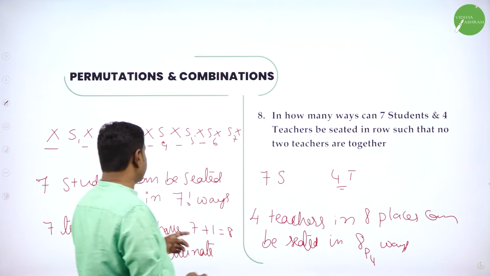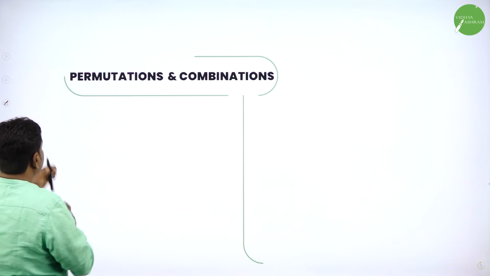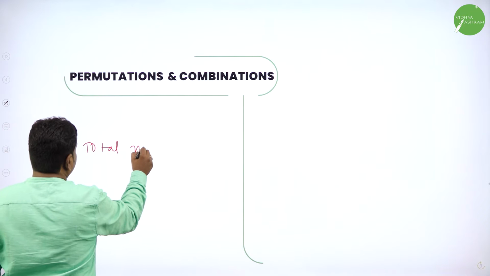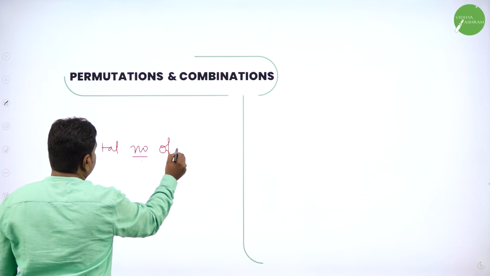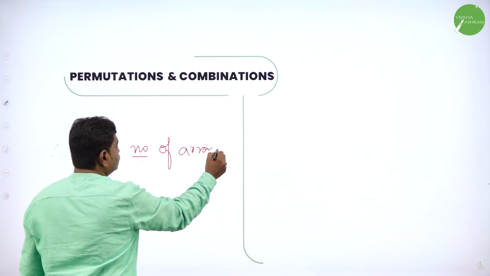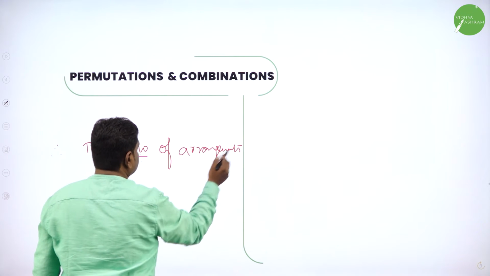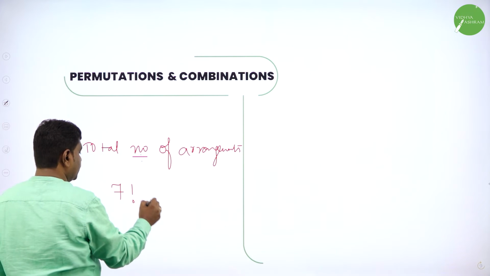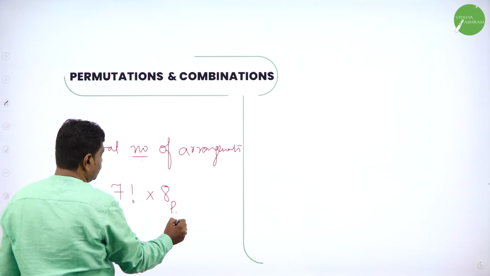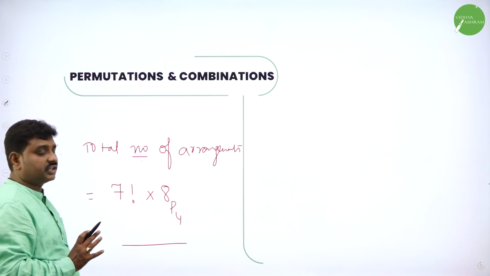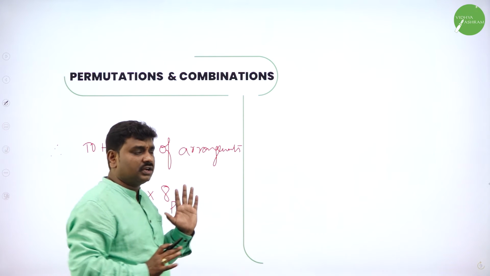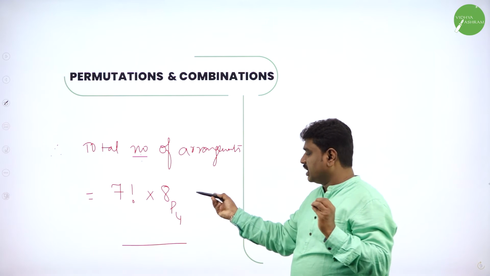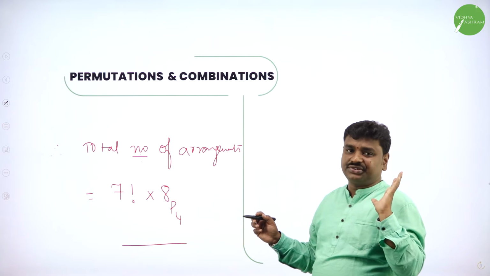So now the total number of ways means 7 factorial into that. So therefore, the total number of arrangements is equal to 7 factorial into 8P4. You can leave it here. They want the logic part of it. No need to calculate, and if at all, use a calculator to calculate. But the end answer, if it is in the factorial form or NP or NCR form, no problem, they'll give marks.